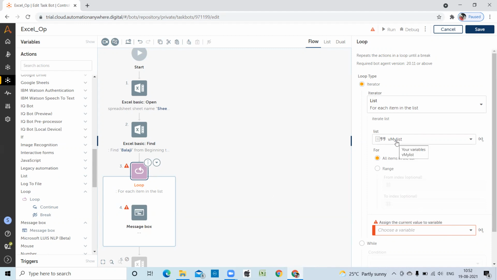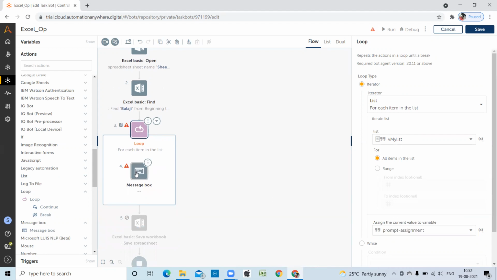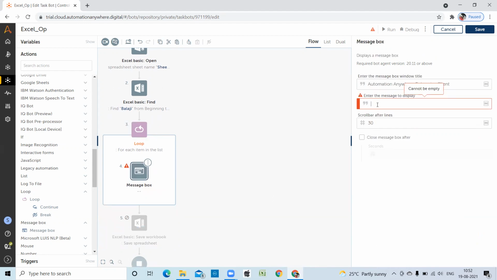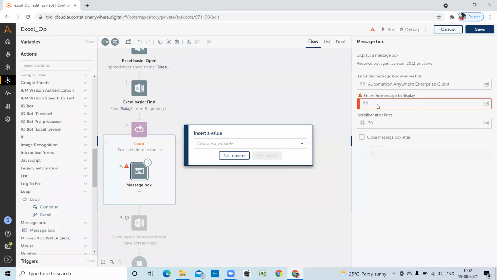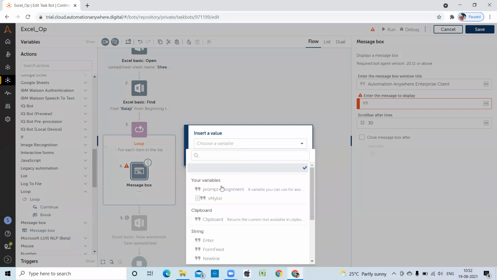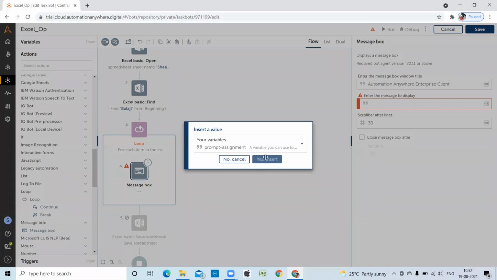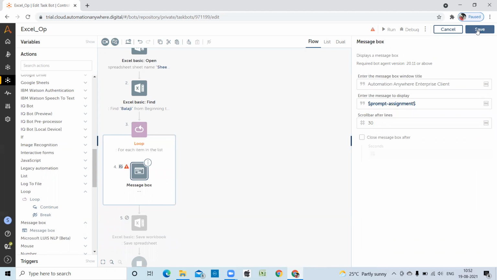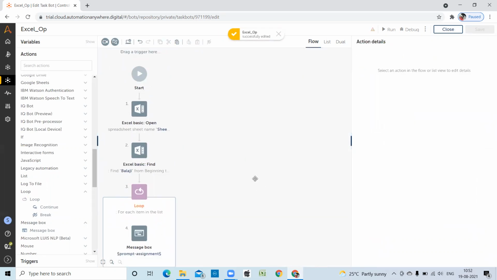From the MyList variable we have to assign to another variable. Currently I am using prompt assignment, which is a system variable. So in the message box I am displaying prompt assignment. Function active, assign prompt assignment. Let's insert, save. Let's see, we don't have any errors.